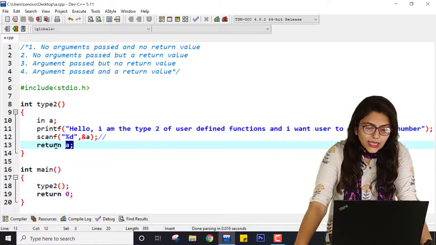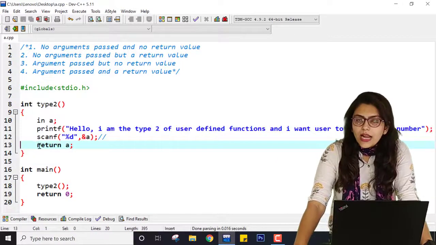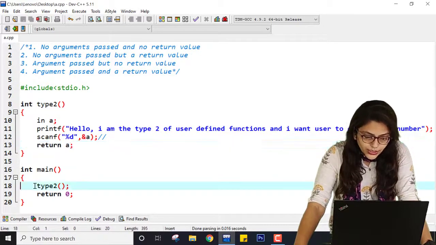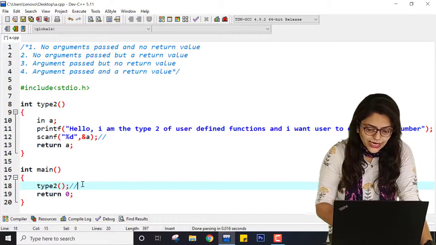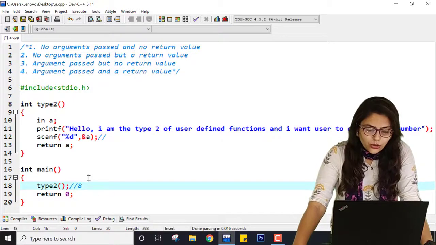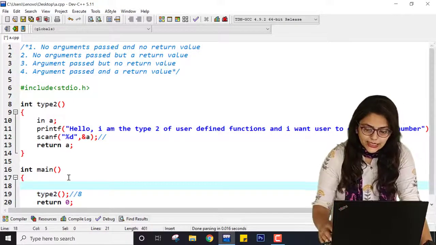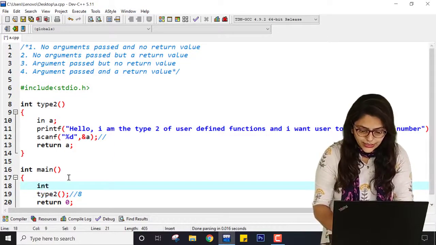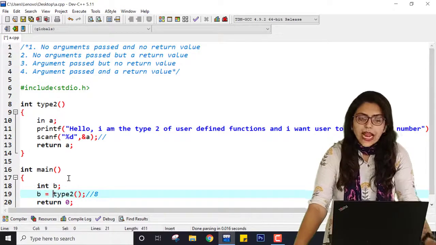Now as the entire function call will have some value, if the user has entered 8, this 8 will be written over here, in place of this. If the user has entered 8, this entire line becomes 8. We cannot write 8 entirely like this, so I have to assign this value. How can I assign it? I can use one other variable, int b, and write b equal to type2.